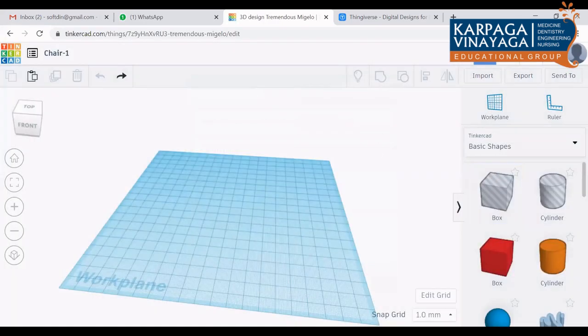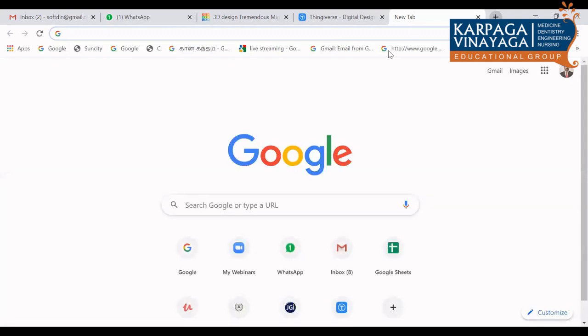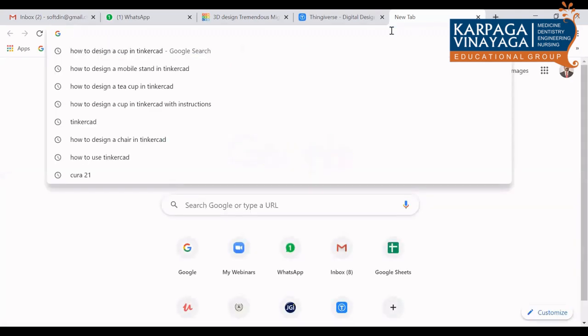Okay, so that is, yes. Mr. Rajasekhar wants to know whether the Mac version is available for this software or not. I think Mac is not there. So your laptop is a Mac. Yes, sir. I have a MacBook. I will just check.